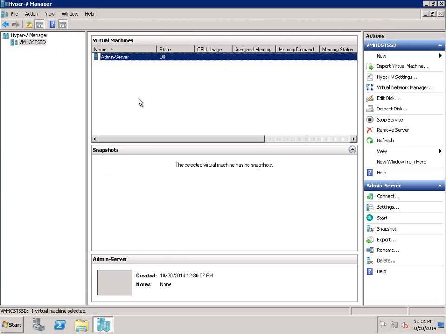So our next step is to actually install the operating system. If we had physical computers, we'd be putting in a physical DVD at this point and booting from the DVD. Well, we do basically the same thing in a virtual environment. So I'm going to go into the settings for the virtual machine,